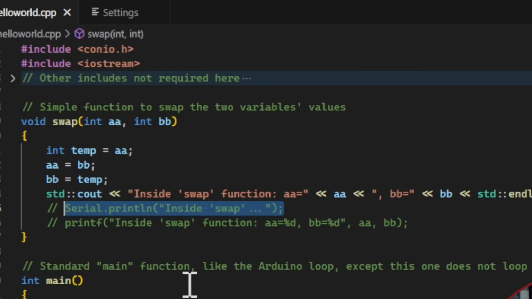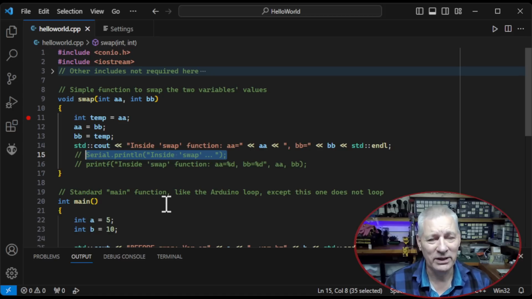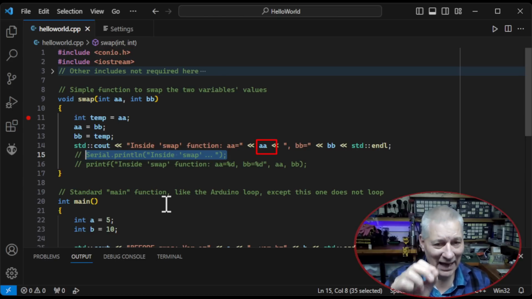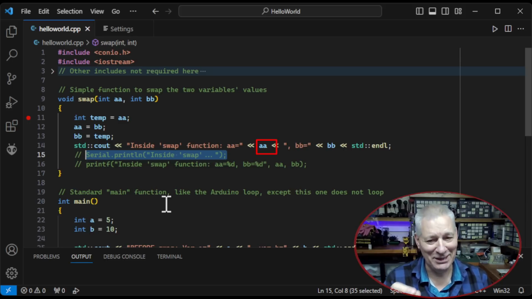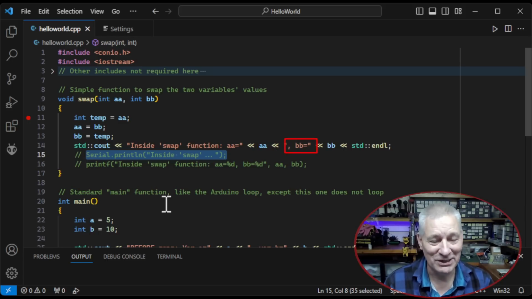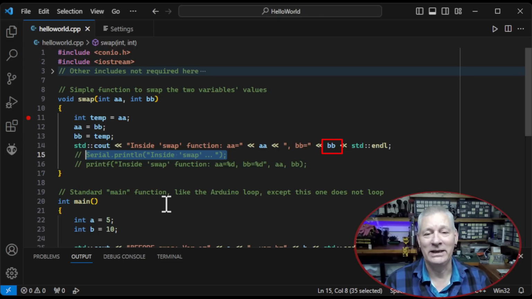The trouble is, to do that line above it with serial.print lines would take about 4 lines, because you can't sort of put variables inside it, can you? So you'd end up doing a serial print inside swap function AA equals, and then another one saying serial print AA, and then another line saying serial print BB equals, in quotes, and then the final line, serial print line, saying this is the value of double B. It's all a bit convoluted, and frankly I don't like it at all,